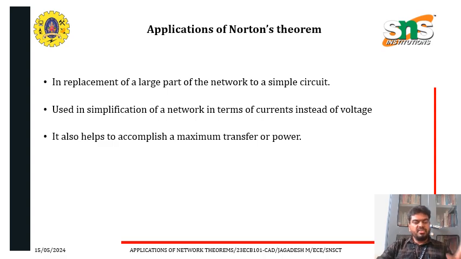The specific applications of the Norton theorem are in the replacement of a large part of the network with a simple circuit, used in simplification of a network in terms of current instead of voltage. It also helps to accomplish maximum transfer or